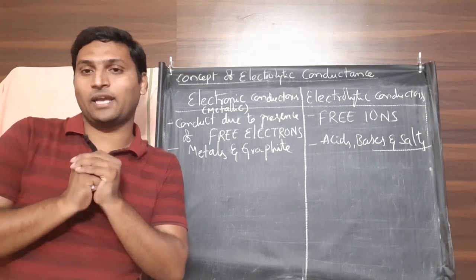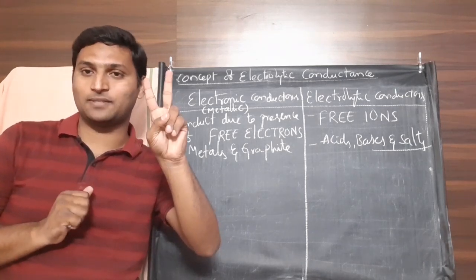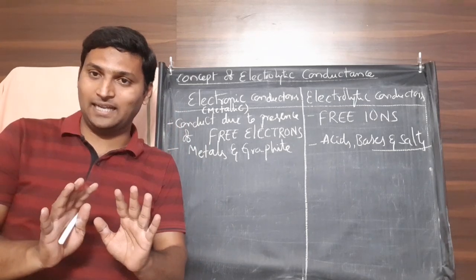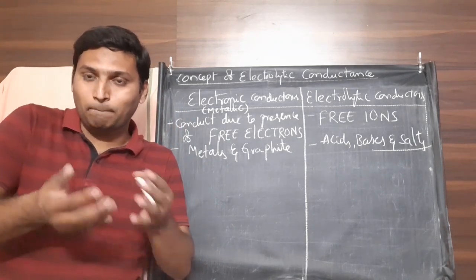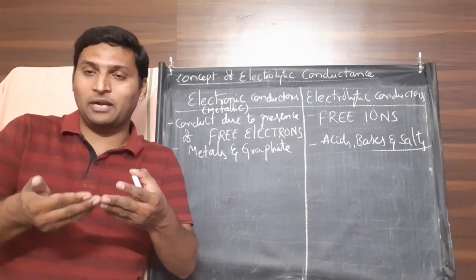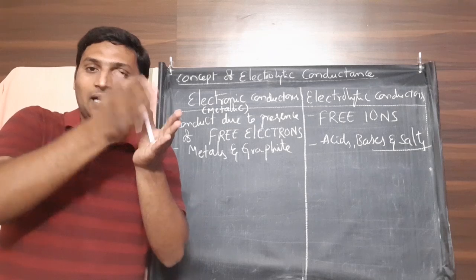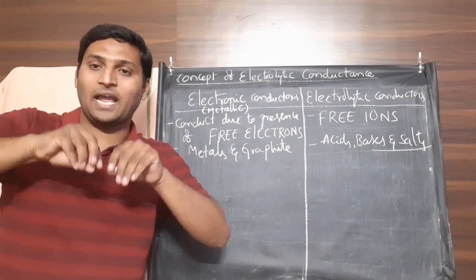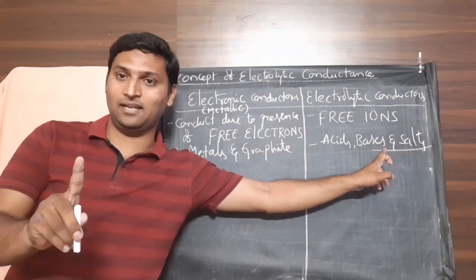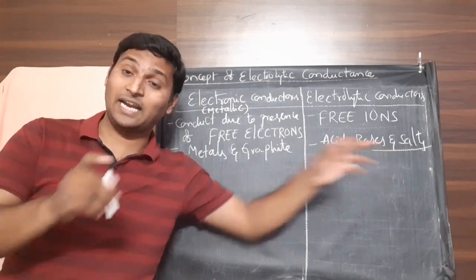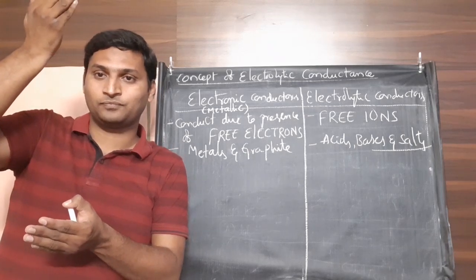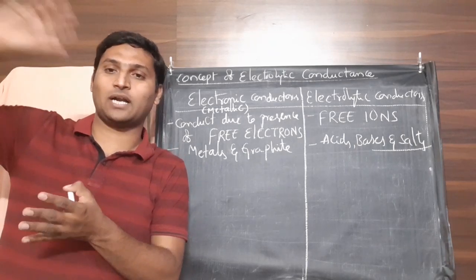What should I do to make the ions free? There are two choices. One, if you want them in their pure state, then melt them, bring them to liquid state. When you heat them above their melting point, their attraction forces will be broken and ions will become free. So you can take their molten state, then you will get them in their pure state, but you have to keep the temperature above their melting points. So you have to conduct the cell in hot conditions.